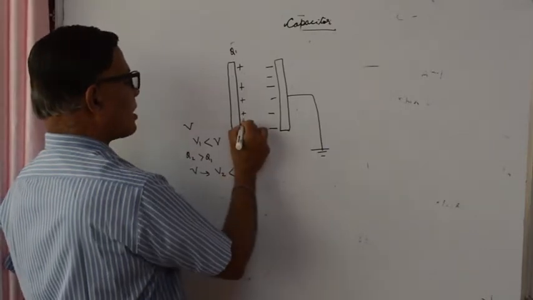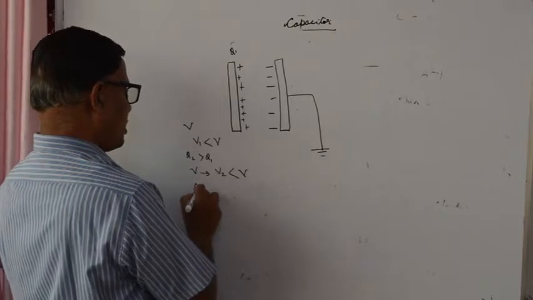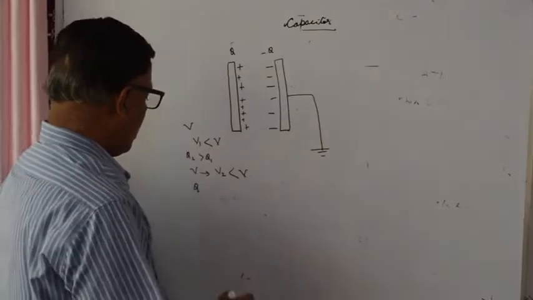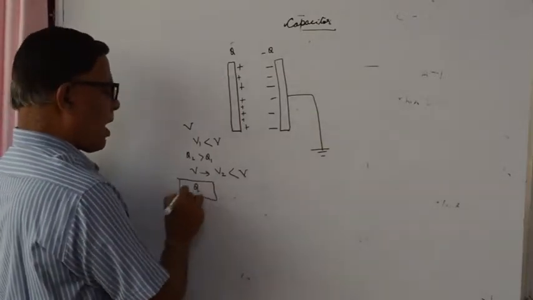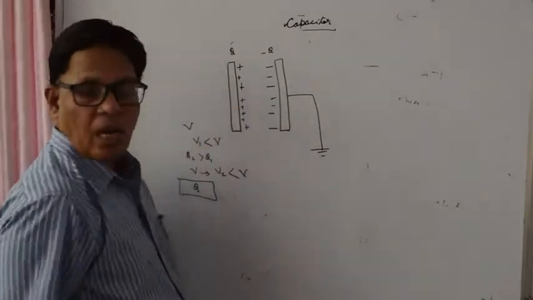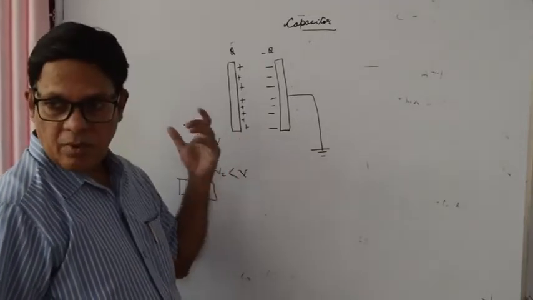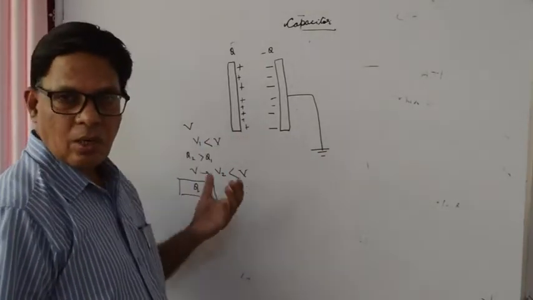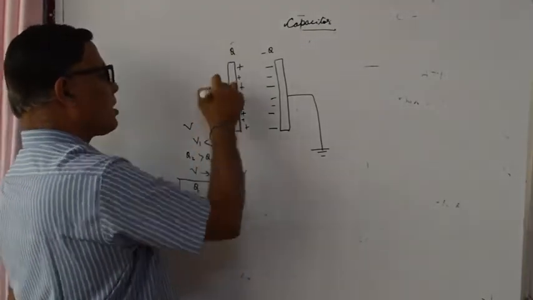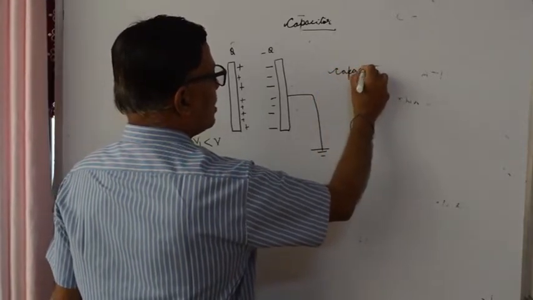So further charges can be given to these plates, so that the charges on these plates are Q, and here it is negative Q. Clear? Thus by decreasing the potential with the help of another metallic plate brought nearby the first plate, we are increasing the capacity to hold the charge of any conductor, and this particular system is called a capacitor. So you can define capacitor.